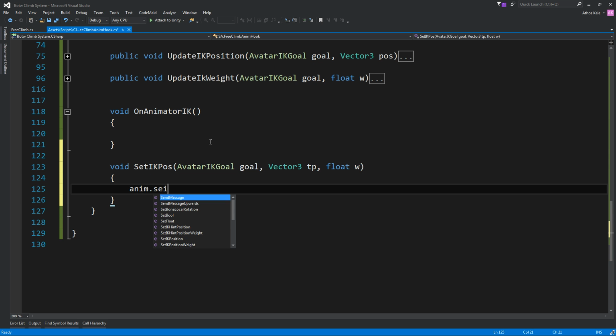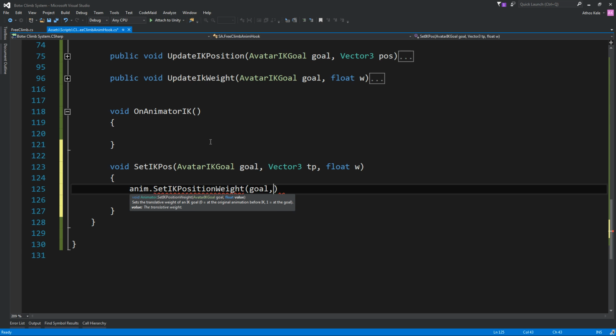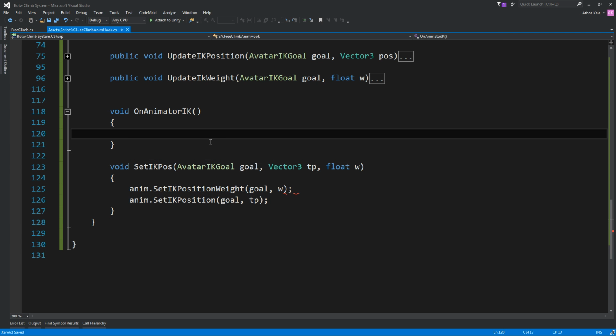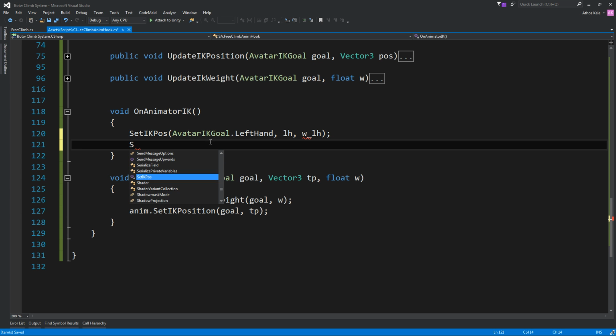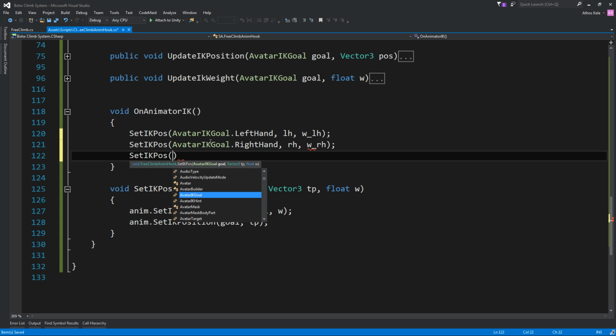So it's as simple as saying set IK position, goal, and the target position. And before we do that, set IK position weight, goal, and the value. On animator IK then, set IK position, left hand, the weight for the left hand, set IK position, avatar IK goal, right hand, RH, W, RH,